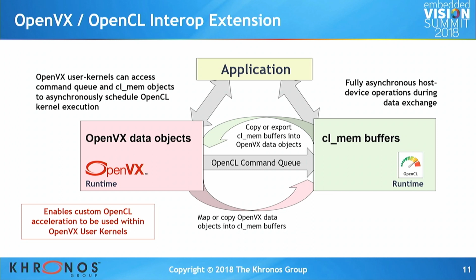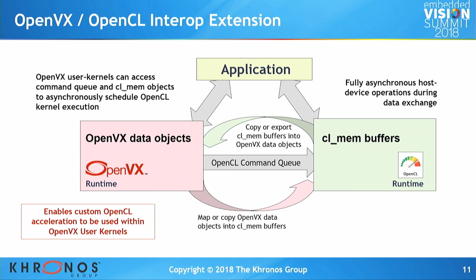evolution for OpenVX. One of the criticisms of OpenVX has been that it's great if the kernels that you need are on the standard specification menu, but what happens if you want to do something more customized? And we've had user kernels for a while, but they would take that user kernel code and run it back on the CPU, which isn't optimal for some types of operation, obviously. You really want to have accelerated user kernels.